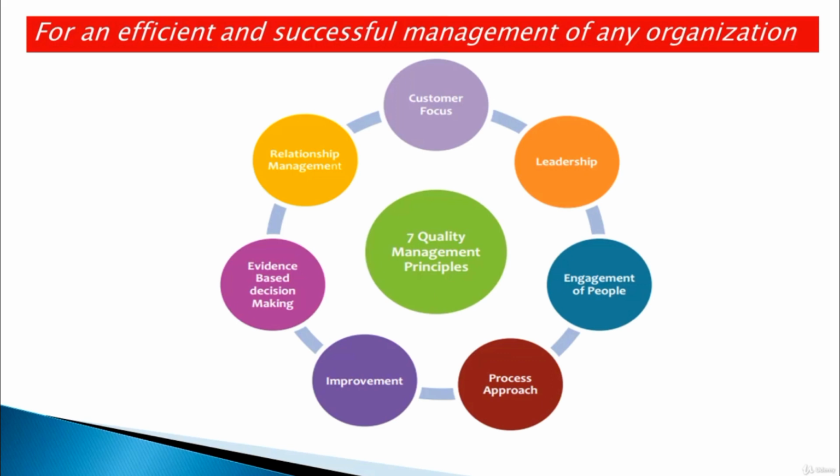So the 7 quality management principles are: first, customer focus, then leadership, then the engagement of people, then the process approach, then improvement, then evidence-based decision making, and last, relationship management. We're going to go through each and every one of these from the next video. Now, one thing I want to mention here is that I made this video after I finished